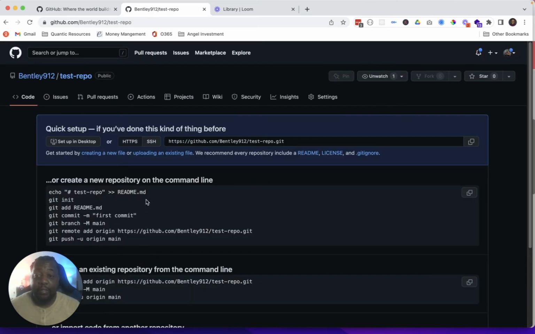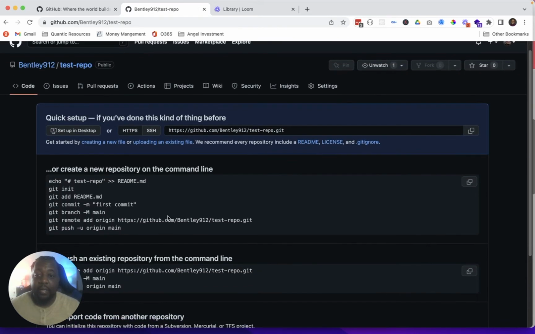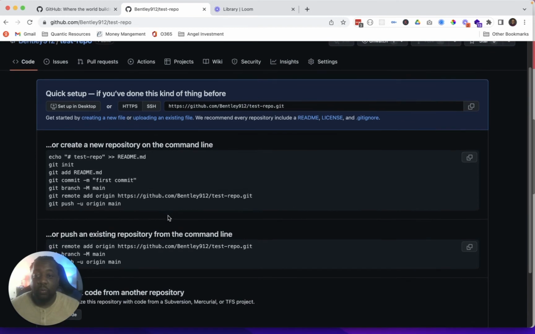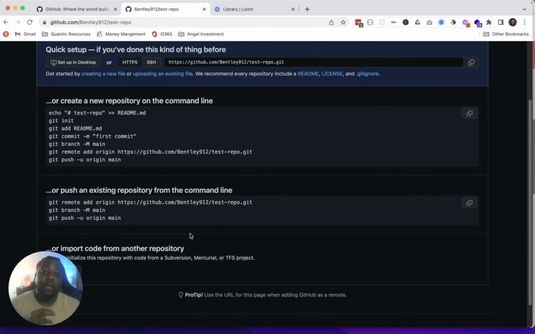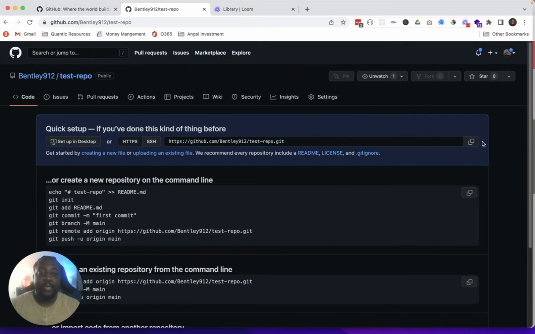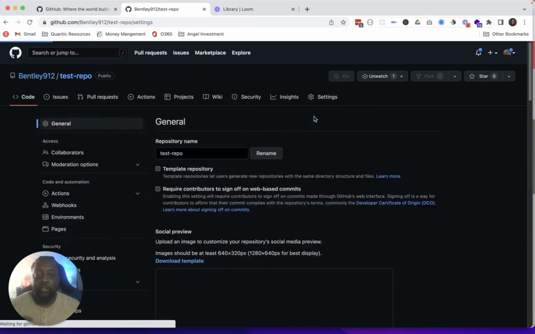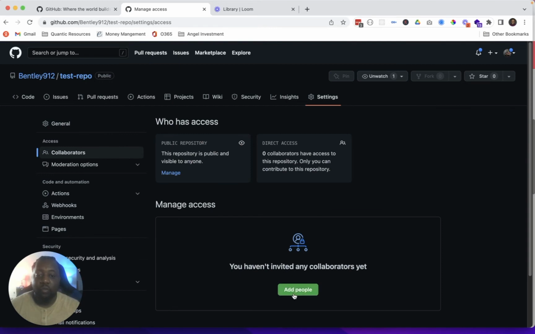Now, once you create that repository, then you can run a couple of commands in the command line, and you can actually set this up. But what you would want to do is make sure that you copy this URL right here and give that to your developer and say, hey, this is where I want you to push my code, right? Now, what you need to do is go into settings, go to collaborators, and then you can actually add